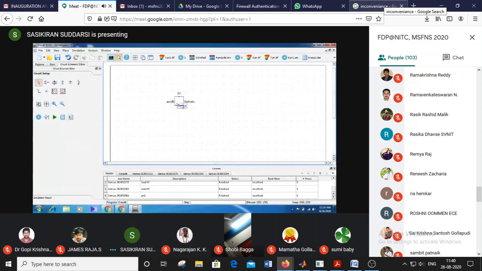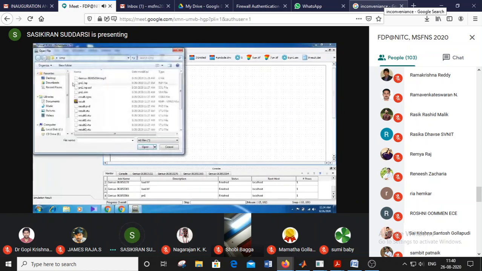Or else first load it, and we can change the circuit symbol.